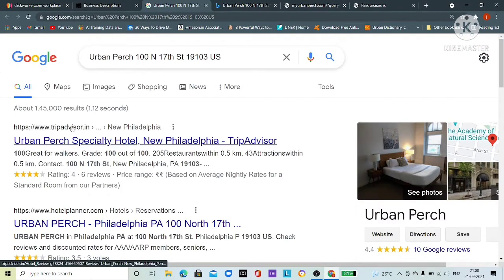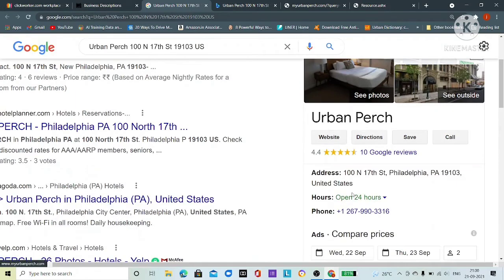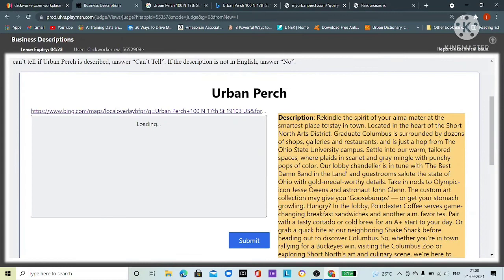You can see that TripAdvisor describes Urban Perch as a specialty hotel in New Philadelphia. So it is basically a hotel, and from this description you can find that it is about a hotel, how scenic the beauty is there.